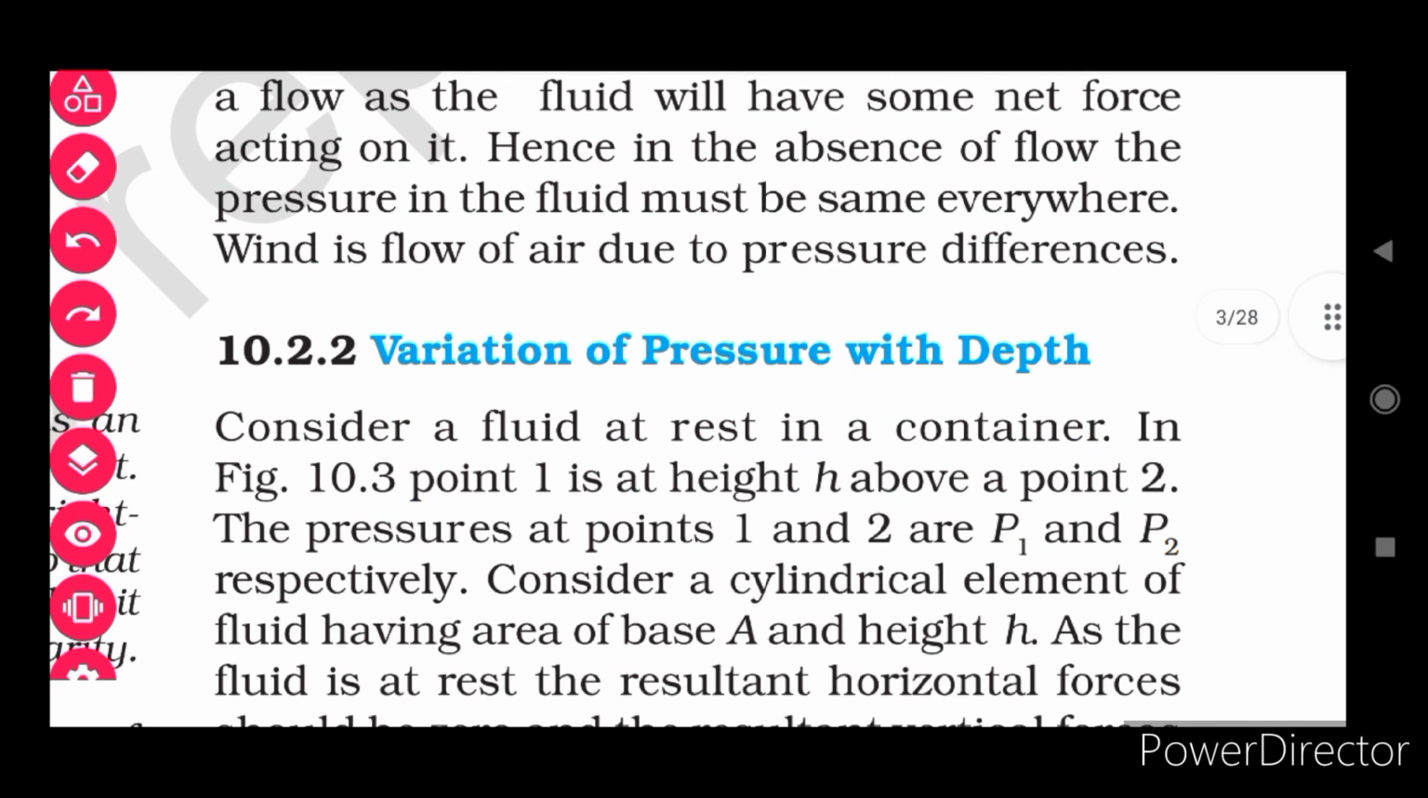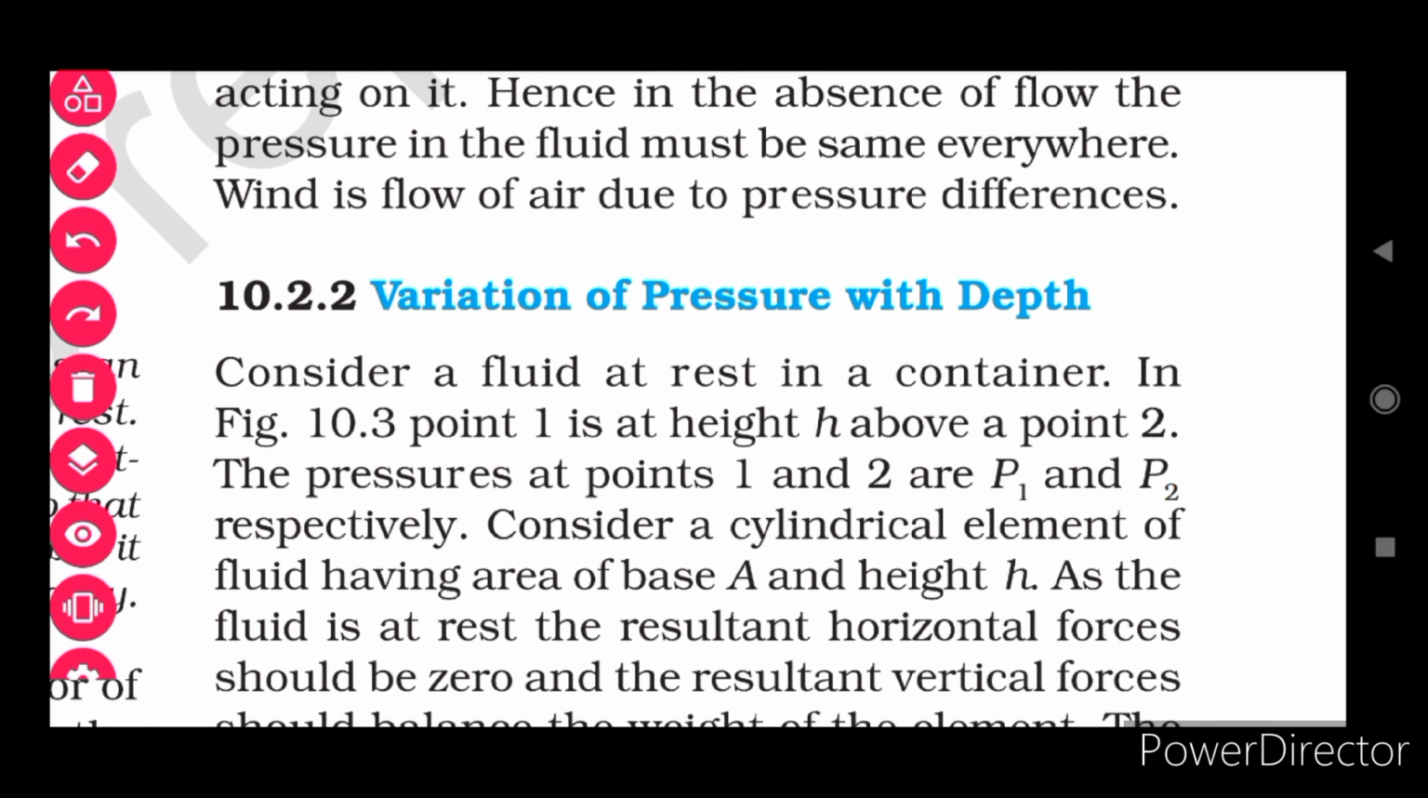Okay, so now we can discuss the variation of pressure with depth. Okay, so now